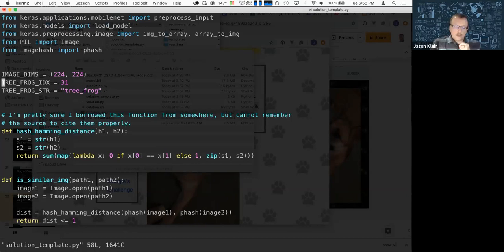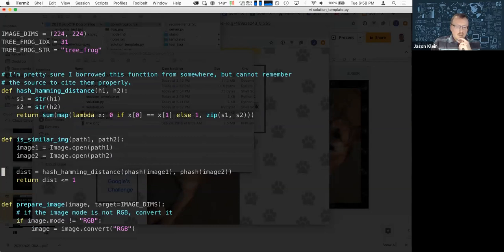Next, ImageNet has a long list of known categories. In this particular case, we want to make our dog a tree frog. So we chose the index 31, which corresponds to tree frog, and then they have a human readable string, tree frog, but from the model's perspective, it's more interested in that index number. And then they provided some sample code, this hash distance code, so that you could take two different images and hash them and compare them and tell you how closely they're related.